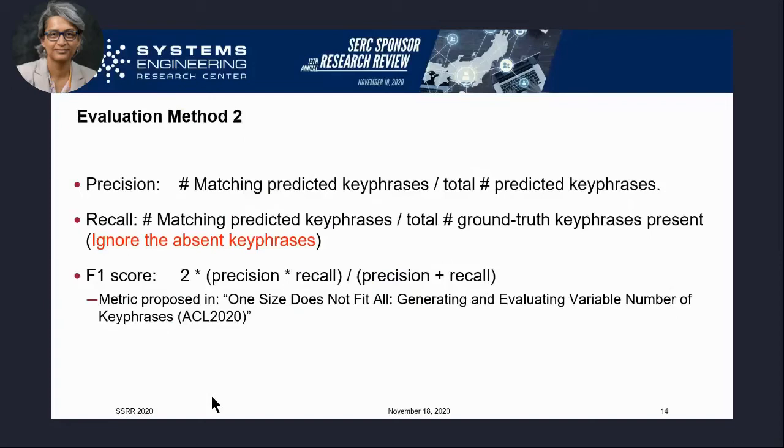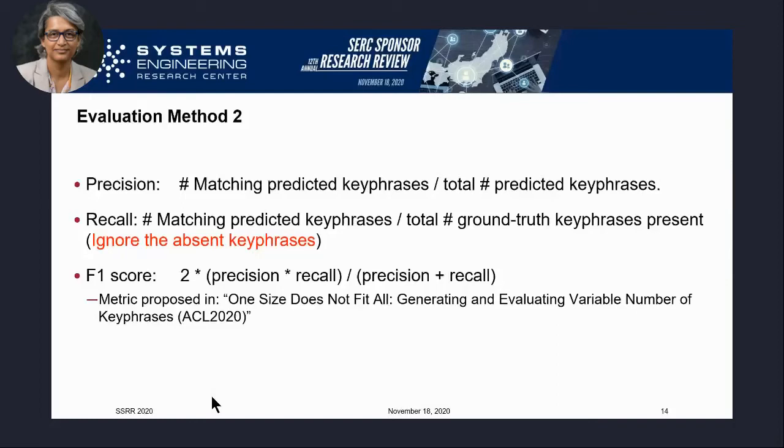We just wanted to see how close we are to that. And because the paper that we were comparing with had a slightly different metric for measuring performance, we changed the metric so that we'd be comparing against the right metrics.